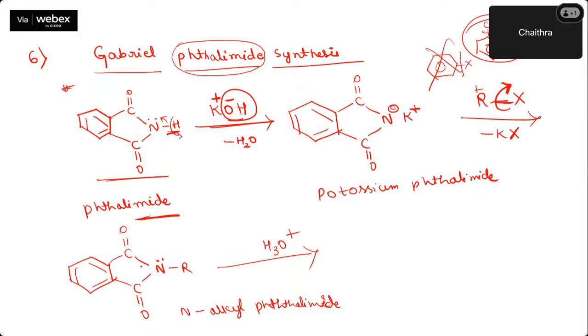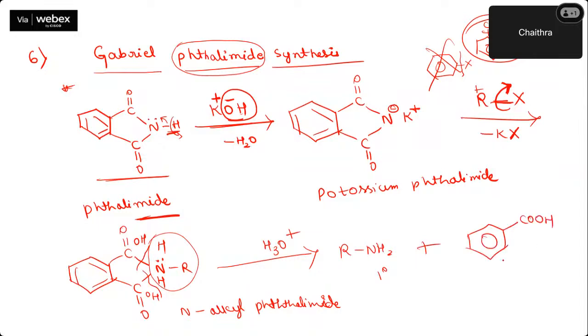So now you do hydrolysis, break the bond here, add OH this side, H this side, break the bond here, add OH this side, H this side. Now what did you get? You got this broken part, RNH2, a pure primary amine, plus a byproduct, that is benzene ring attached to COOH. This is nothing but phthalic acid. So now you prepared a primary aliphatic amine.